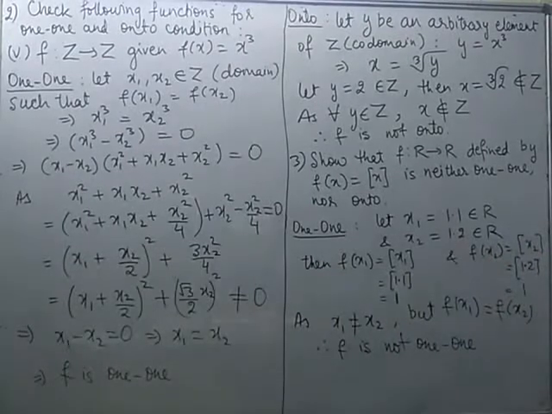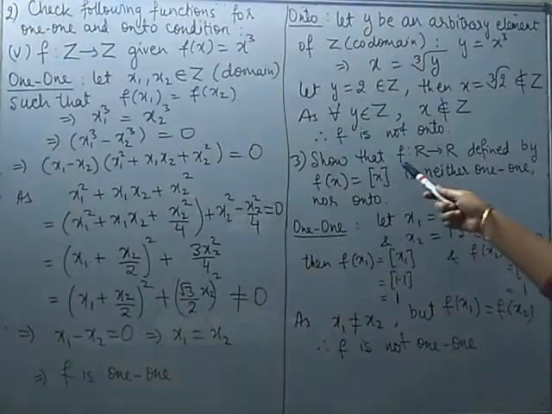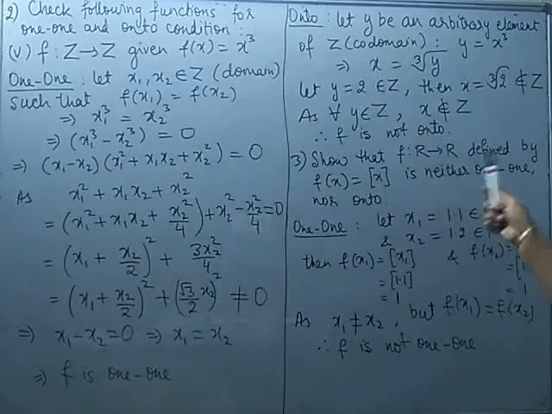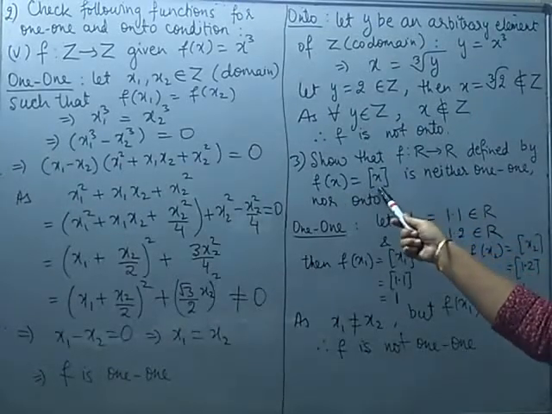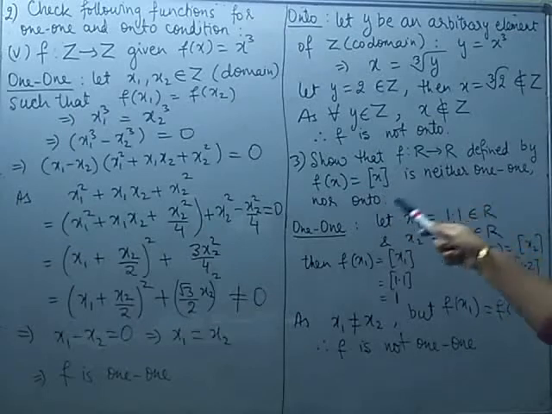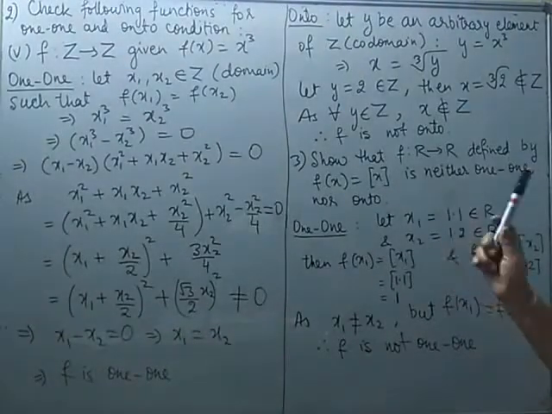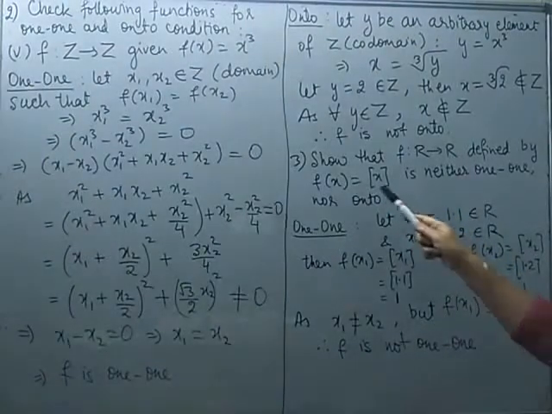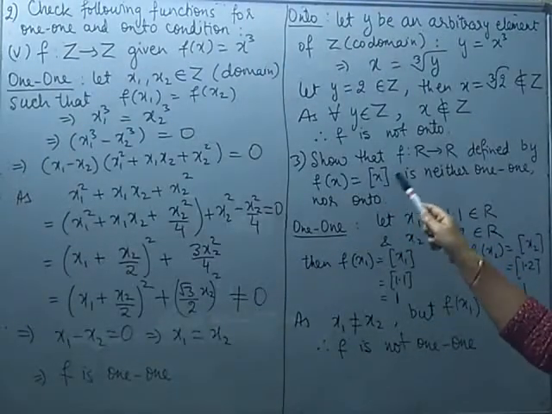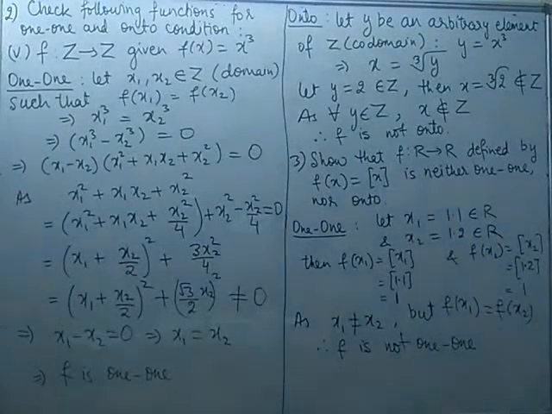Then coming to question number 3, where they are asking you to show that the function from real numbers to real numbers defined by f(x) equal to the greatest integer function of x is neither one-one nor onto. Because we have to prove it is neither one-one nor onto, we only have to justify this by giving one example. You can avoid all these calculations. Think of certain values which do not satisfy the conditions for one-one and onto. You can recall the definition of the greatest integer function for all the different values of x.